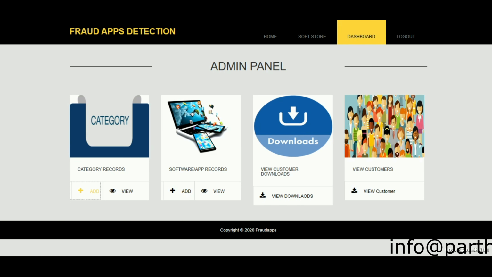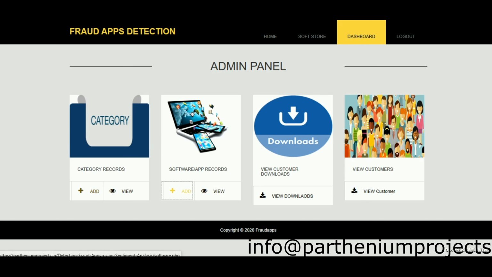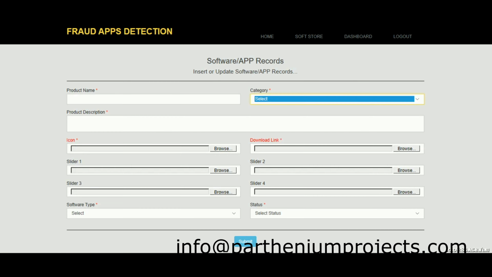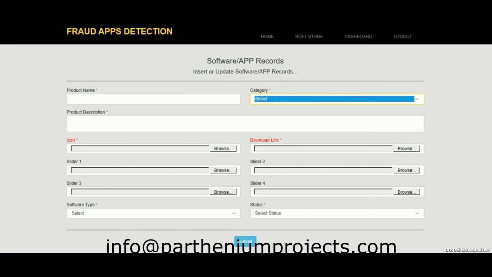Next is the software or app records. Here you can add the software and also view the different software present in the database.